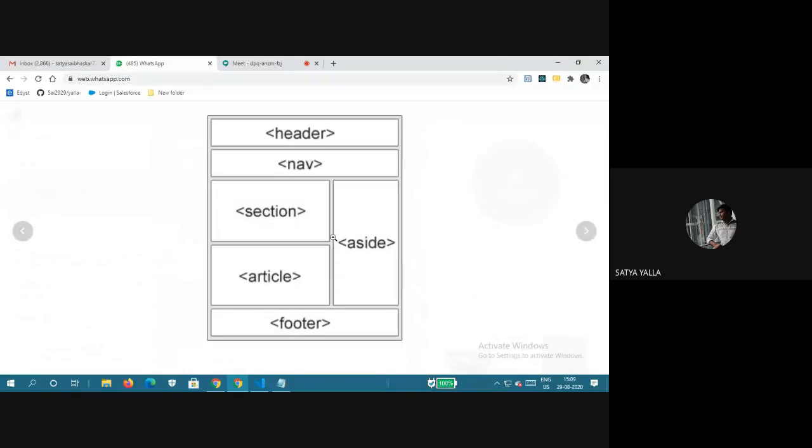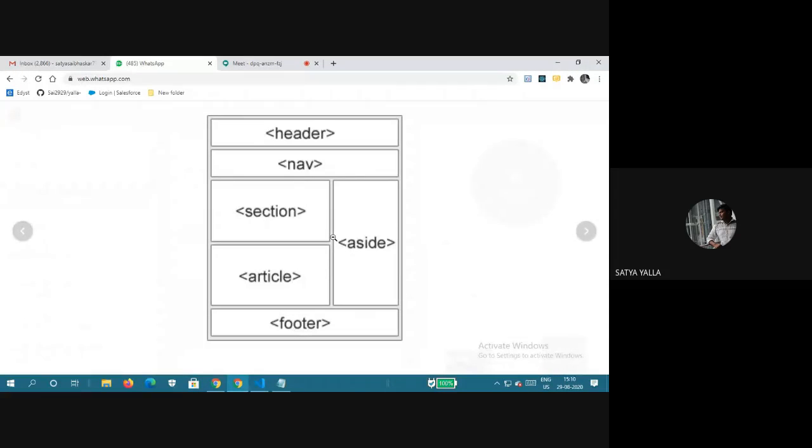It has six types of elements. We call them elements: header, nav, section, article, aside, footer. The semantic tags. Just I told that semantic elements clearly describe their meaning to both the browser and the developer.